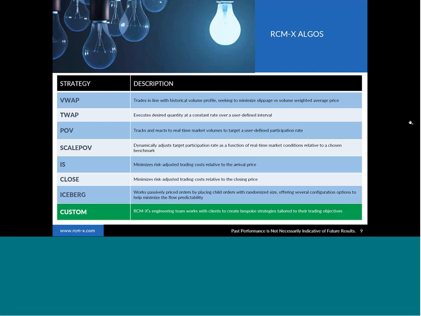Unlike the previous algorithms we've discussed, we also have an iceberg algorithm, which rather than trying to follow a benchmark like an arrival price or a volume-weighted average price or a percentage of volume, it sends orders with randomized sizes to minimize your footprint when you're just trying to get an order done. And so the iceberg is a randomized iceberg. If your limit price is passive, it'll send out a passive child order with a quantity somewhere between a min show and a max show setting that you set. And when that order fills, it sends out another one.